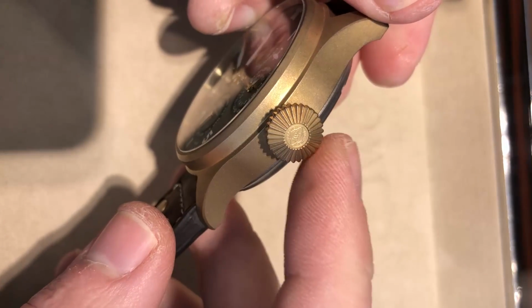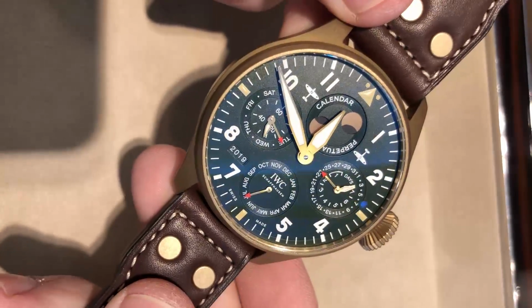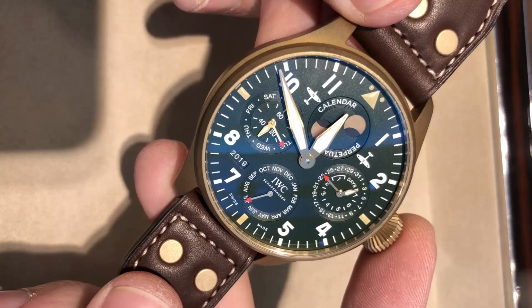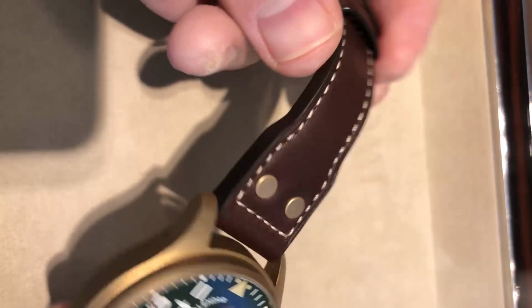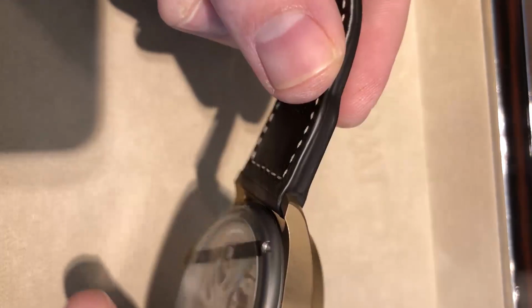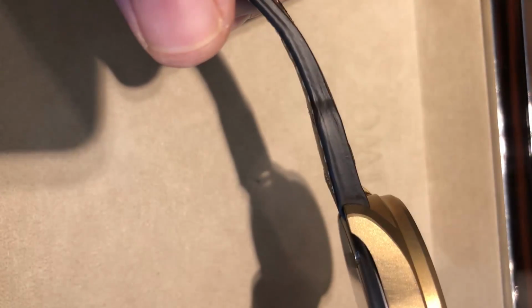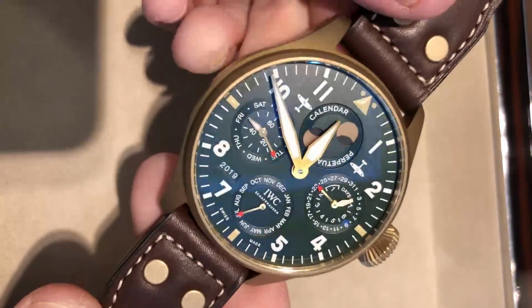The crown itself I've personally measured at almost 11mm in diameter, so everything about this watch is on a nightmare scale. This is no P-51 Mustang or Spitfire. This is more like a Lancaster or B-29. Now you can see the watch features a substantial riveted strap, and note that the rivets are bronze to match the case, contrasting aviator stitch, thick cut showing the layers of construction, matching bronze pin buckle,